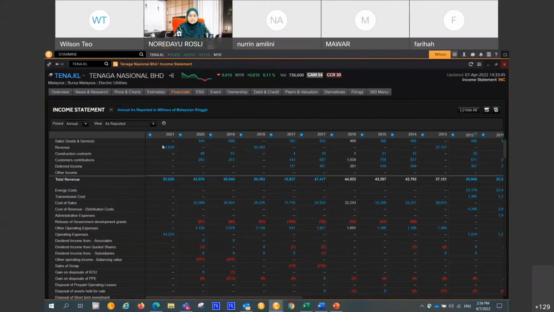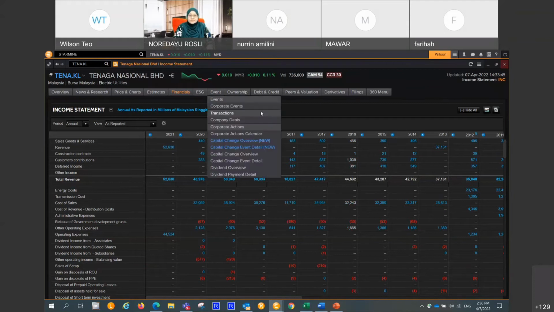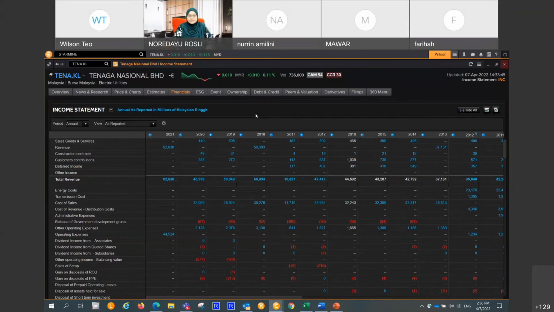Now, if I want to compare these electric utilities in Malaysia against another stock, another listed company in another country, can I do it or not? The answer is no. Why? Because different countries have different accounting or auditing regulations or standards. But what I can do is compare Tenaga Nasional, which is an electric utilities company, against similar electric utilities companies